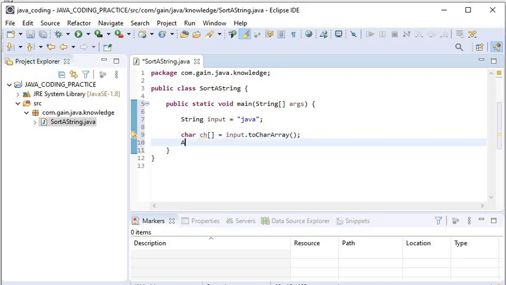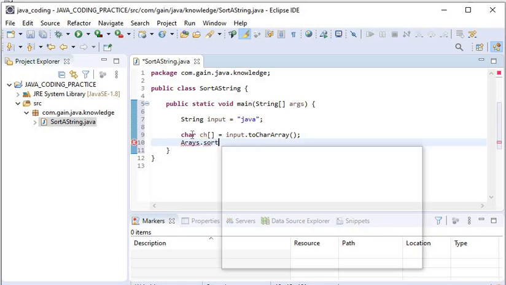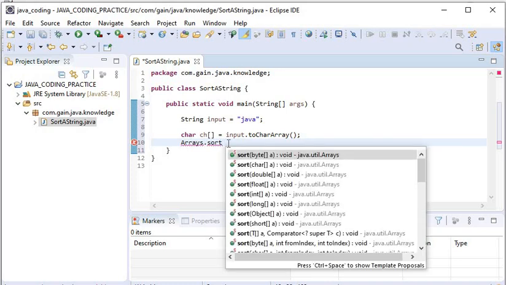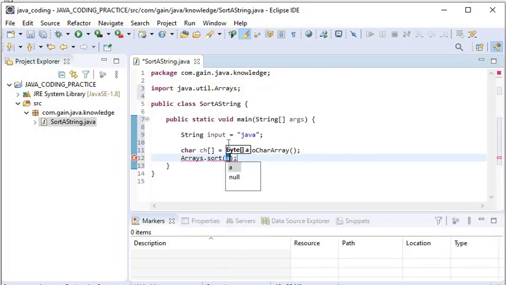Now we will use Arrays dot sort function. And here we will pass ch.